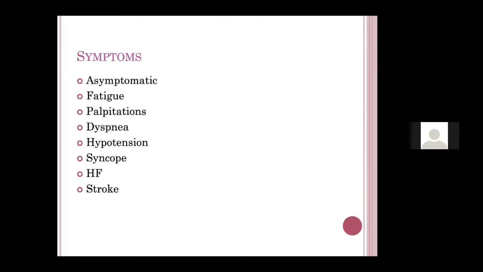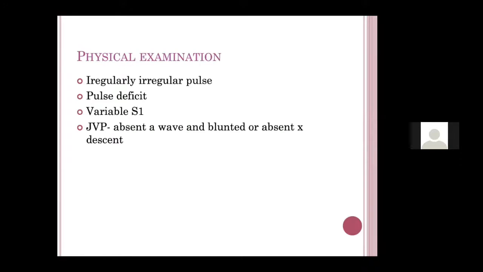A patient who is normally LV, if he is in atrial fibrillation for a long time, it can cause something known as tachycardia cardiomyopathy, and that is one of the important causes of heart failure. And many patients present with just stroke. They present with stroke, you see the ECG, they have AF. So this is how varied the presentation of AF can be.